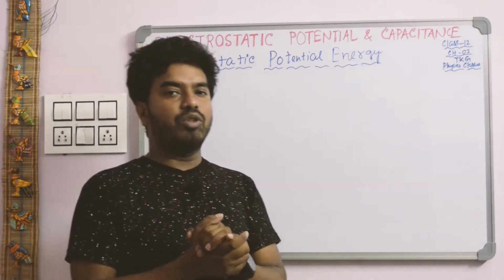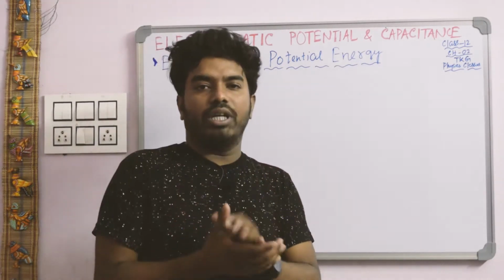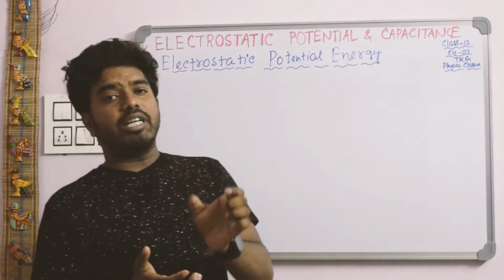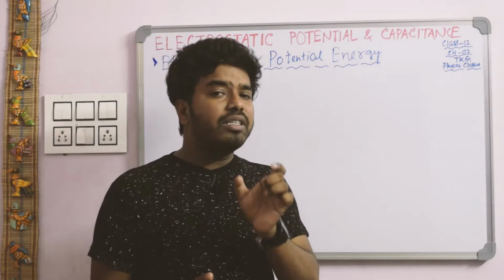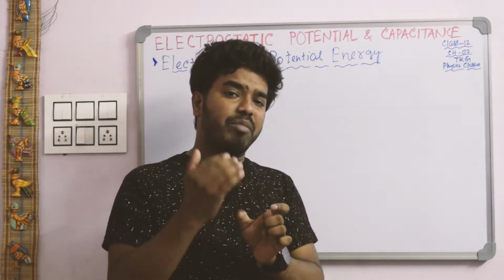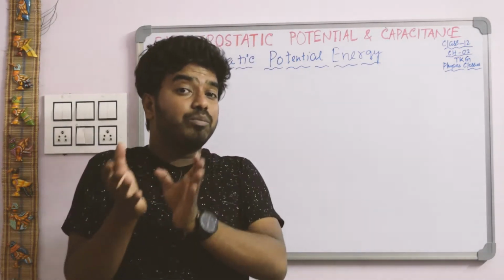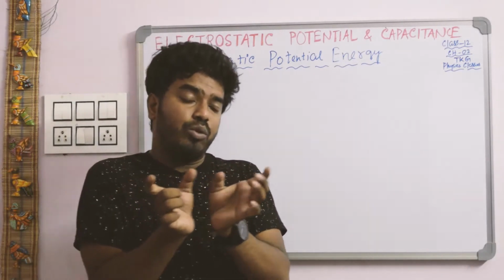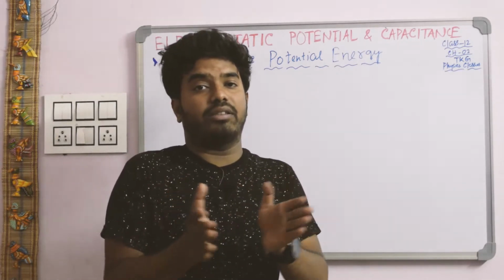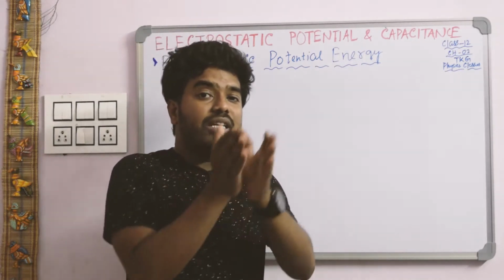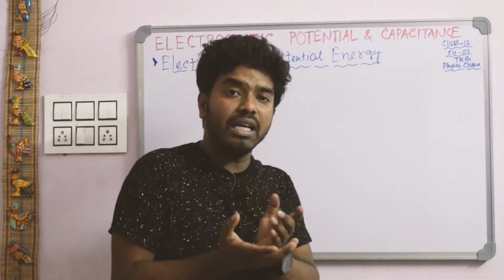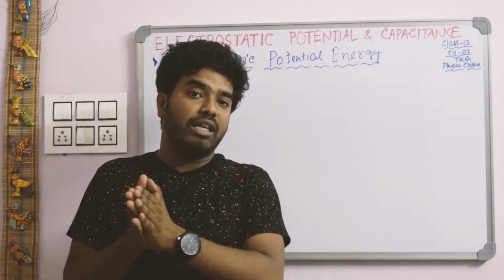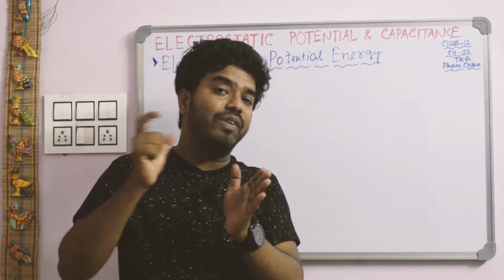So first of all we have to learn what is electrostatic potential energy. The electrostatic potential energy is associated with a number of point charges with respect to their positions. Suppose there are two similar point charges which are at infinite distance apart. Then their potential energy is zero. Why? Because no work has to be done in moving a charge at infinity